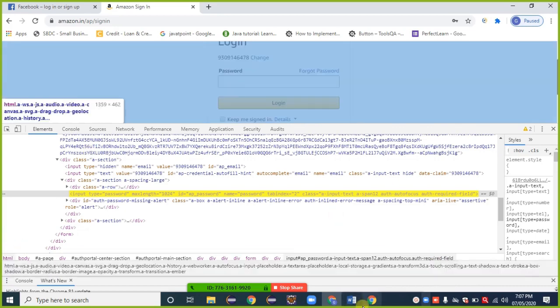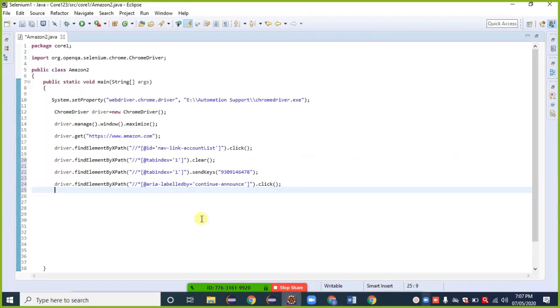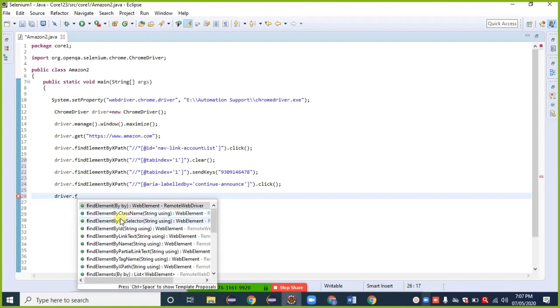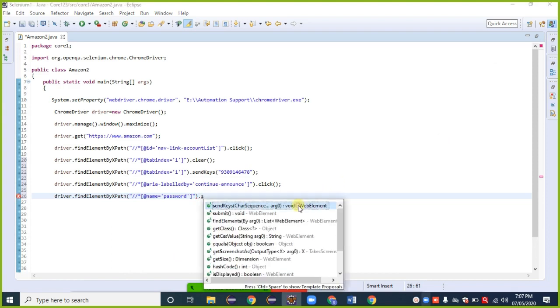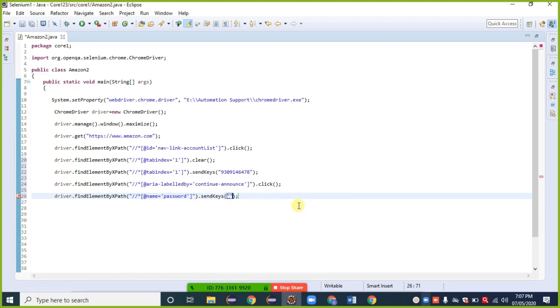Control C. Driver dot find element by XPath, Control V, dot send keys. Here I am providing the password, Perfect Learn.